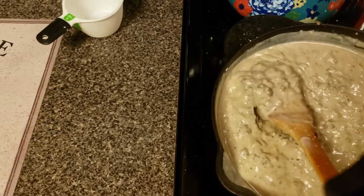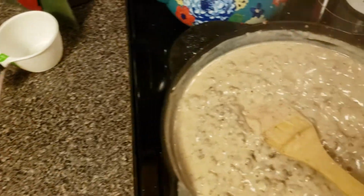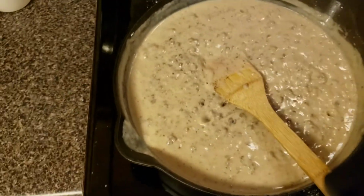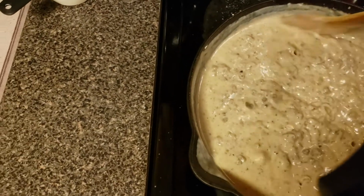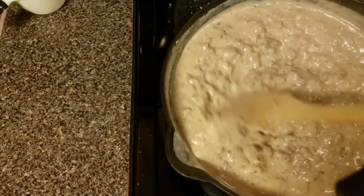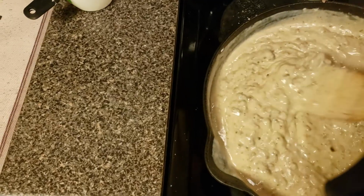I think it's getting the right consistency already. So let me turn that off. Reason being is because this cast iron holds the heat. The other trick is, if you make a batch of this and not everybody's here to eat it right away,